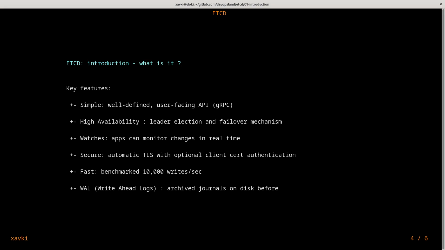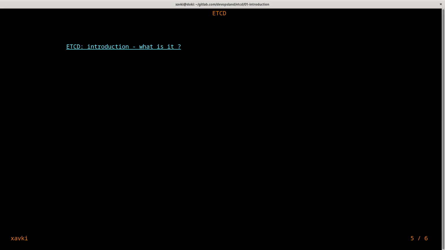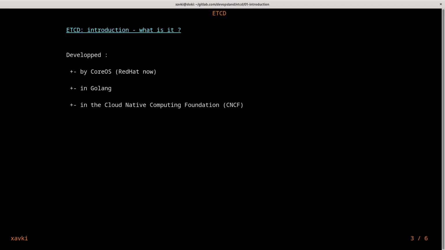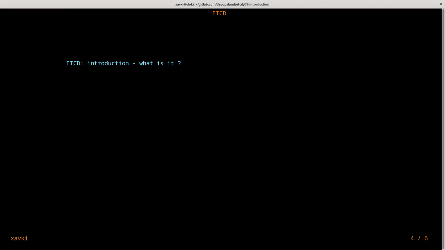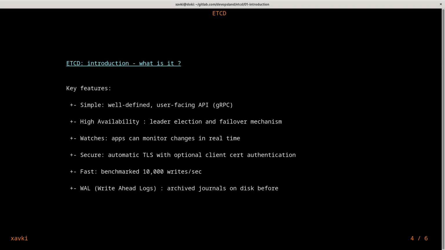have the WAL, so write-ahead logs, exactly like, for example, Postgres. You have the WAL also to archive the journals on the disk before writing them to data files. And of course, WAL provides you better security. For example, if your server shuts down, when you restart the cluster, all journals are replayed just to be sure to have the latest state of your